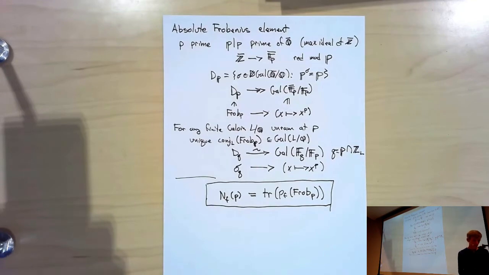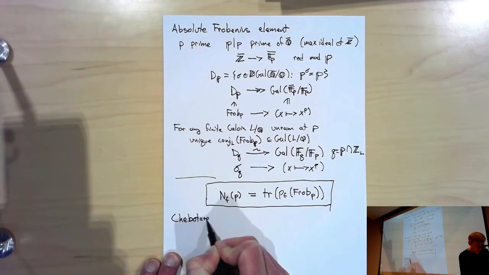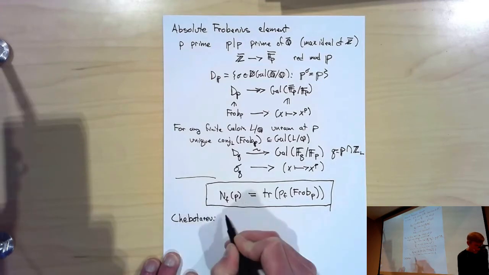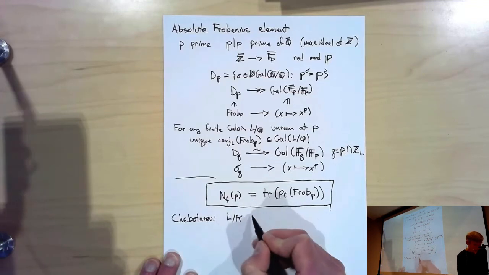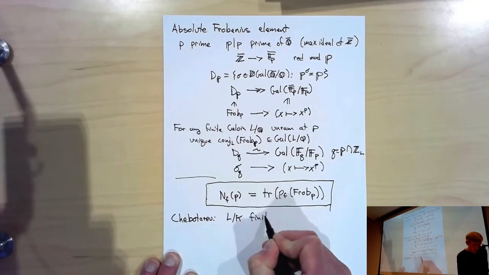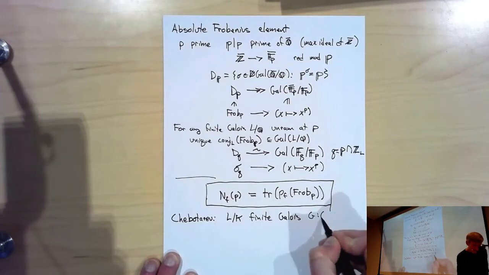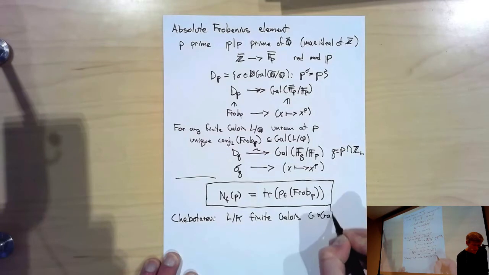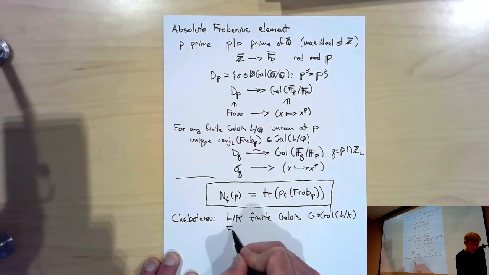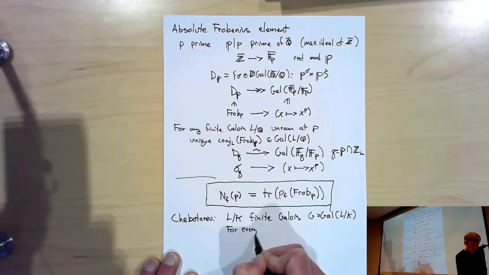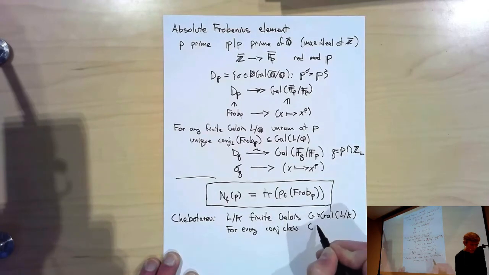All right. Now we're going to recall Chebotarev's density theorem, which tells us that whenever we have, I'll do this for an arbitrary base field K, at the moment K is Q. So we have a finite Galois extension, let's say with Galois group G. And we know that for every conjugacy class, say C in our Galois group,